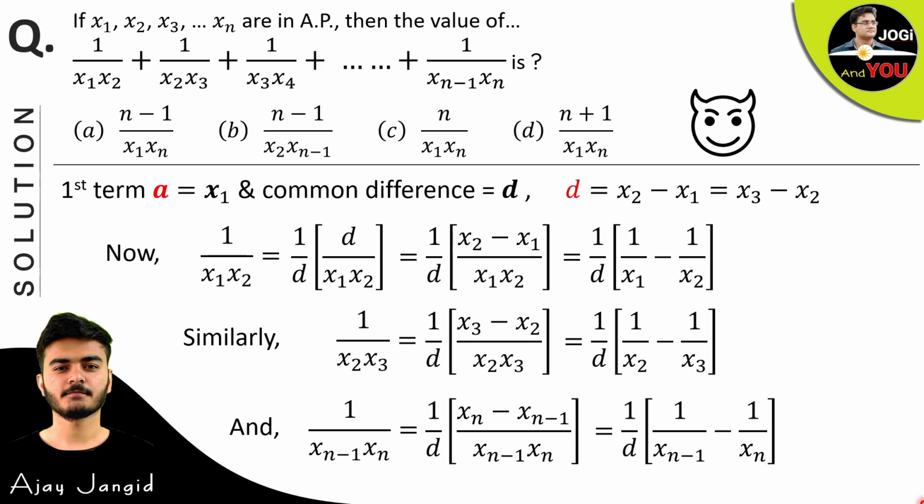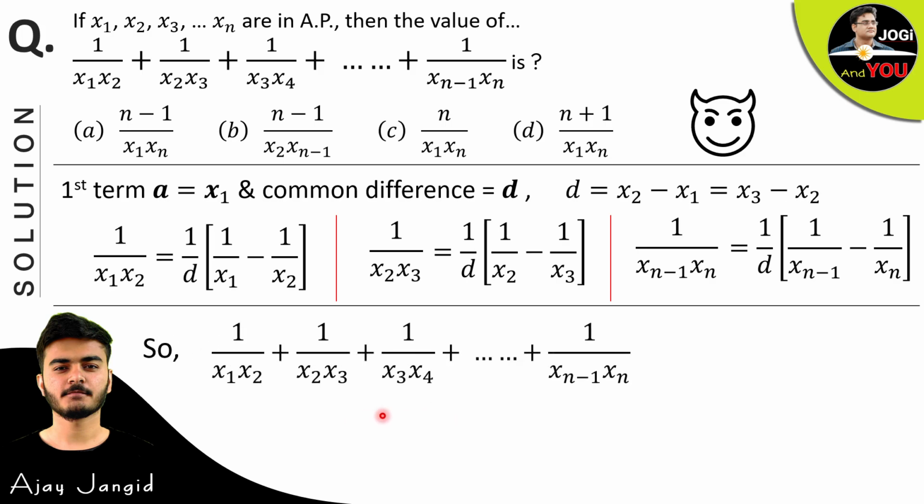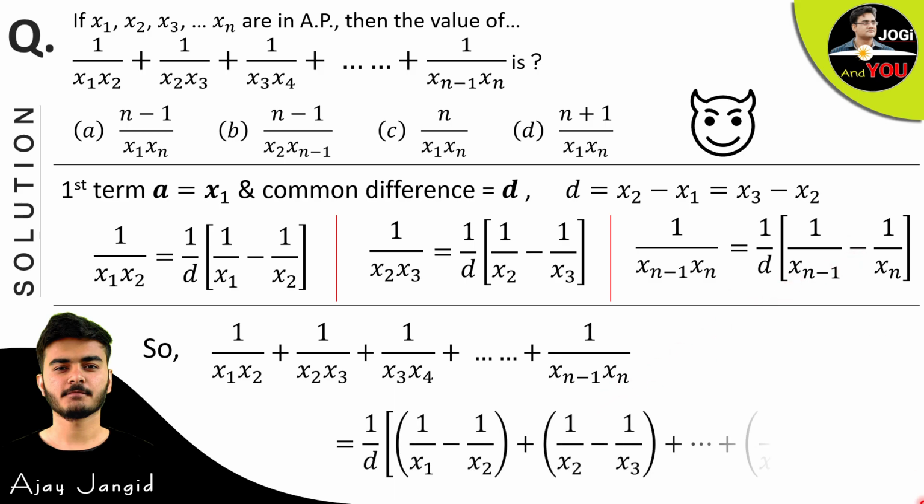Now we have all the values of first term, second term and last term. So let's wipe out the extra things and keep useful things here. At this time, the first, second and the last term we have and all the middle terms will be in the same sequence. So let's carry the question as it is. This is our question. So what will be the value of it? The sum of all the things we have calculated. The first term's value is this, second term's value is this and the last term's value is this. So after replacing all the values, we have this.